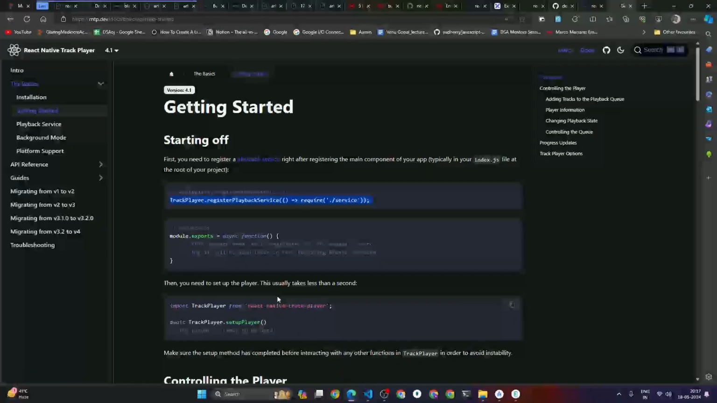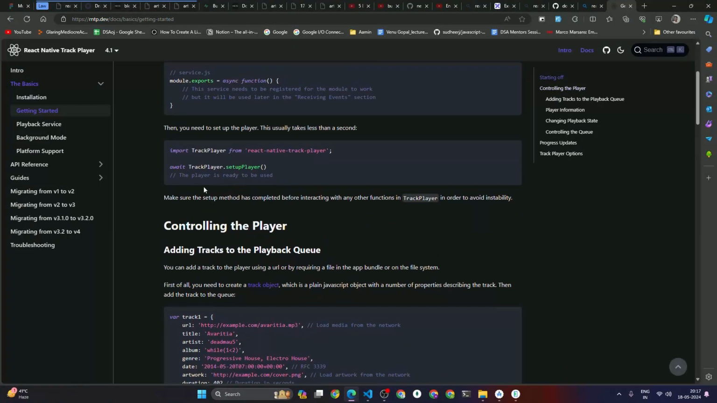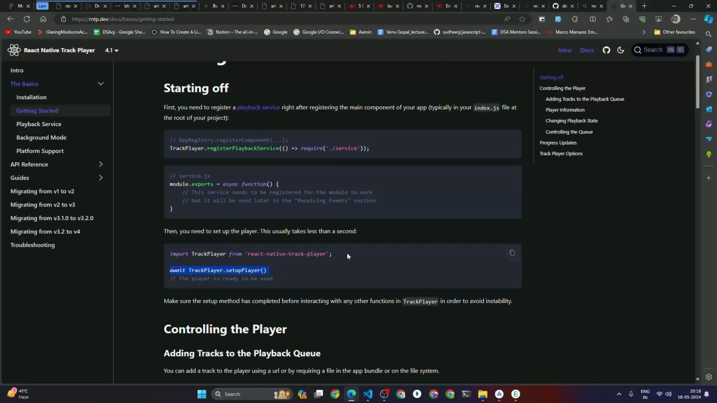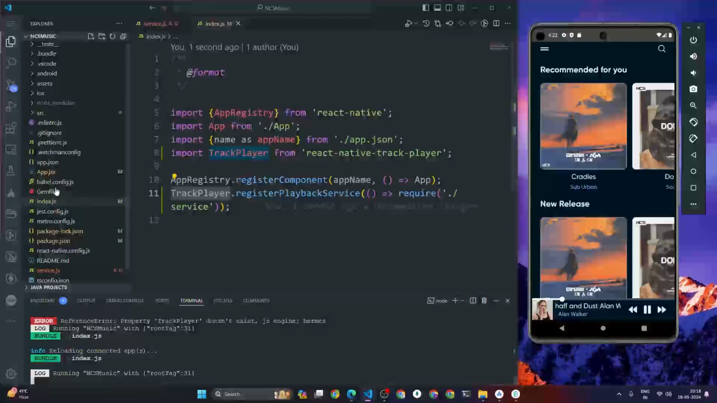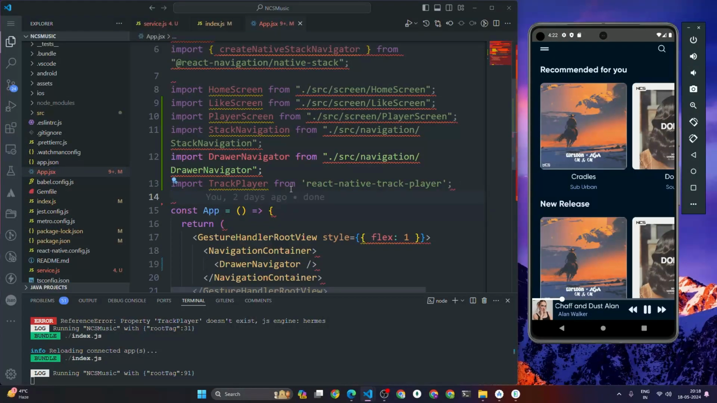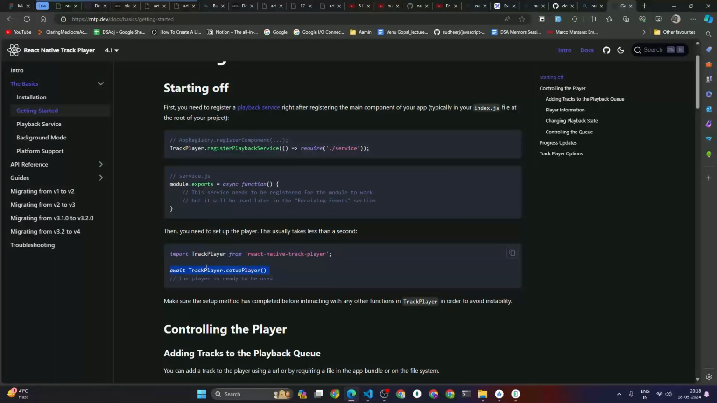okay, perfect. Now once we're done with that, we have to copy this line: import TrackPlayer from React Native Track Player, and await TrackPlayer.setupPlayer, okay. So let's copy this line of code quickly. I'm gonna go to the App.jsx, okay, and I'm gonna add this line, import TrackPlayer from React Native Track Player, and to set up the track player we have to copy this line of code,